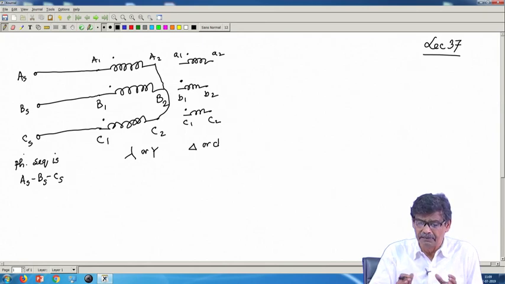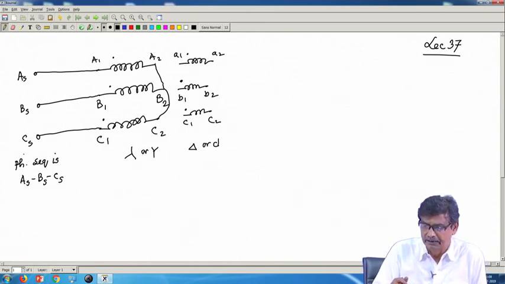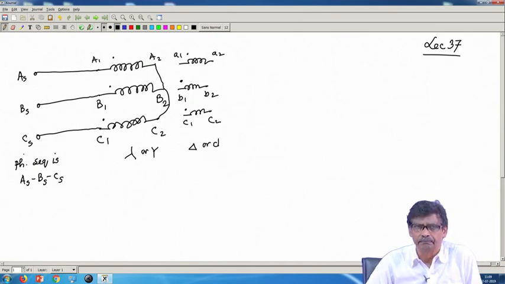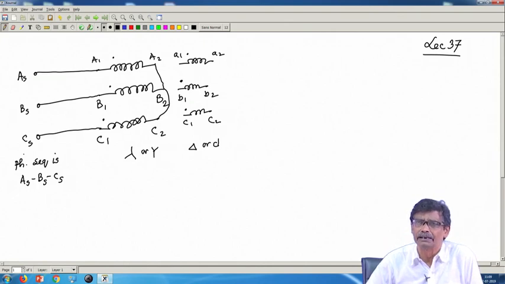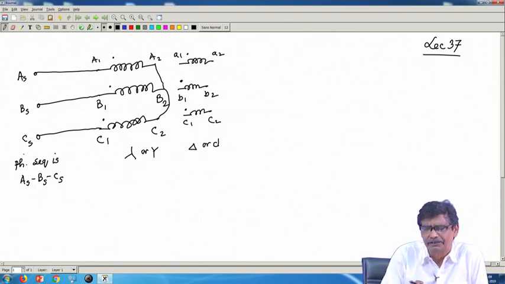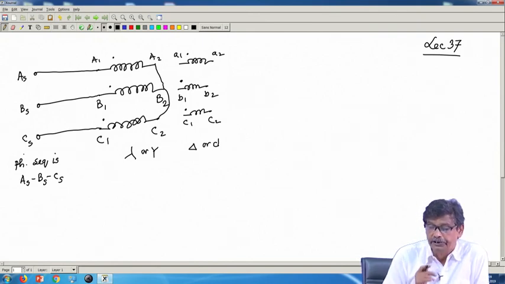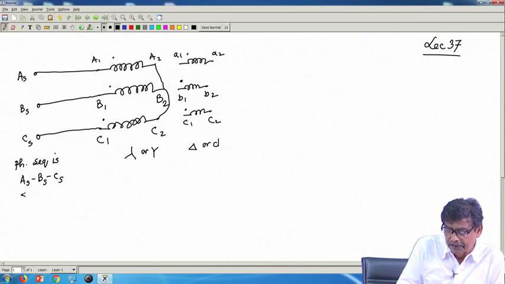Now, the easier way of connecting this I am going to tell you now. We have seen the interesting features, if somebody connects differently, what is going to happen and things like that. Now, today's lecture is all valid connections we will be doing. Okay. The moment you do this, the phase sequence is this and the supply is balanced.